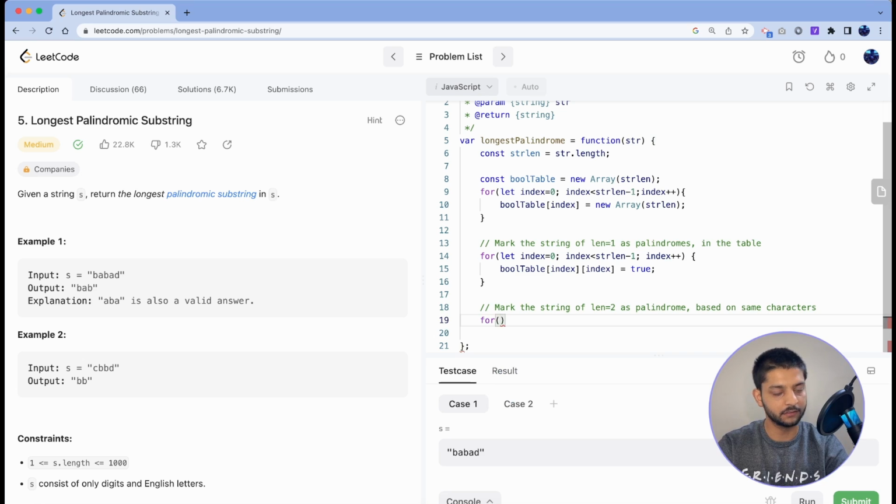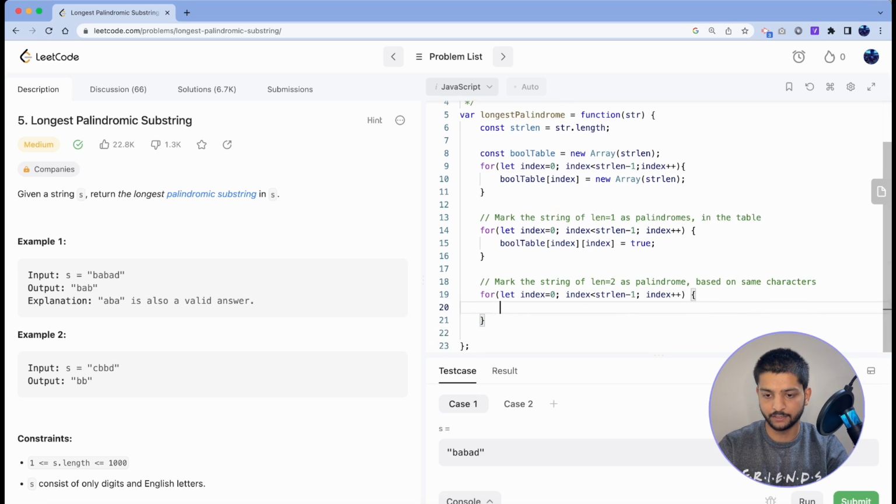So we'll again run our same loop. And here I'll just put a check if, and instead of going to str length -1, we'll have this run only till str length, because we'll be checking